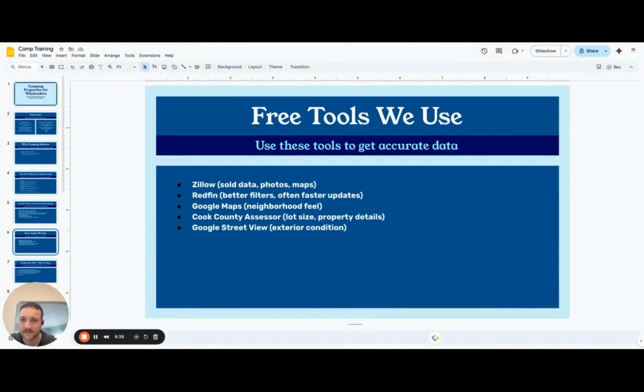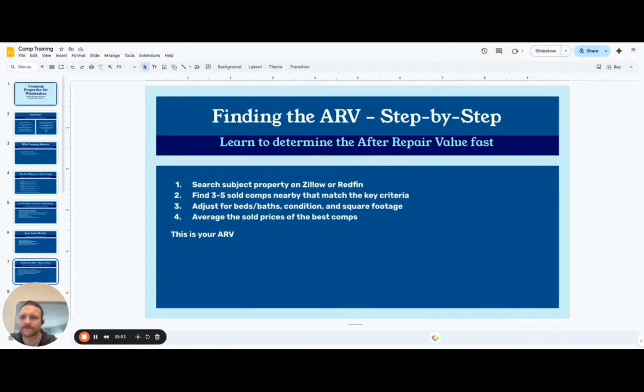You can use the assessor's site, which will tell you the lot size and property details. Tax information is going to be important in some of these suburbs. So the taxes on a $180,000 home, some might be $10,000, others might be $6,000. That's a huge difference, right? It's $4,000 a year, an extra $300 or so on the payments. So that's something to keep in mind as well. And then we have Google Street View, Google Maps, same thing.